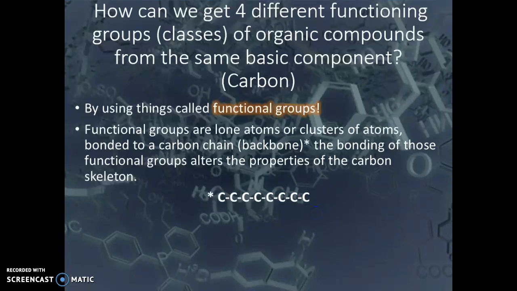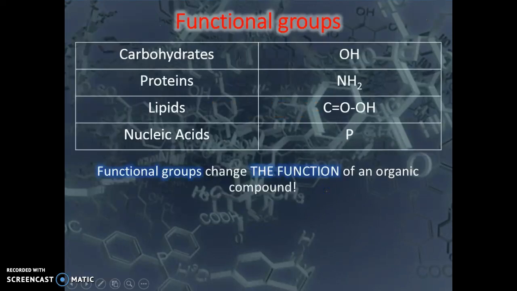Or something else that will make it into a different compound, like an OH group makes it a carbohydrate, an NH2 makes it a protein. This long carbon double bonded to an O and then an OH makes it a lipid, and then nucleic acids is a phosphate group. This just determines what function that long chain of carbons is going to have,